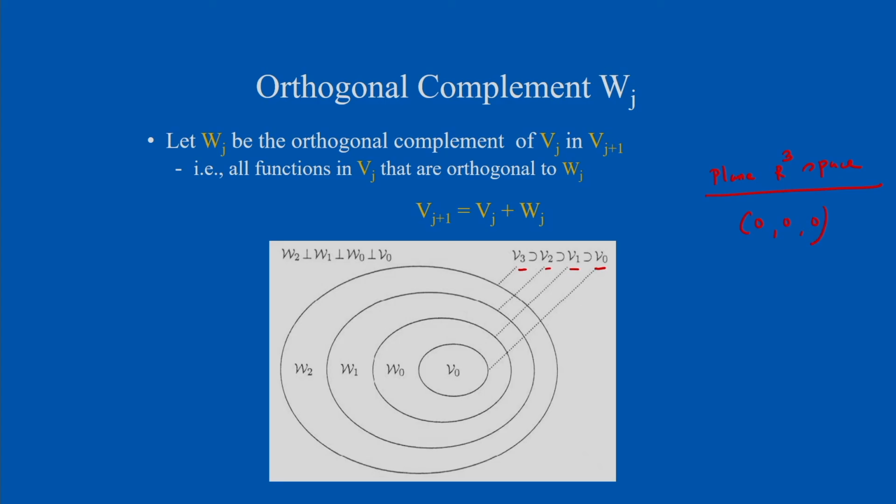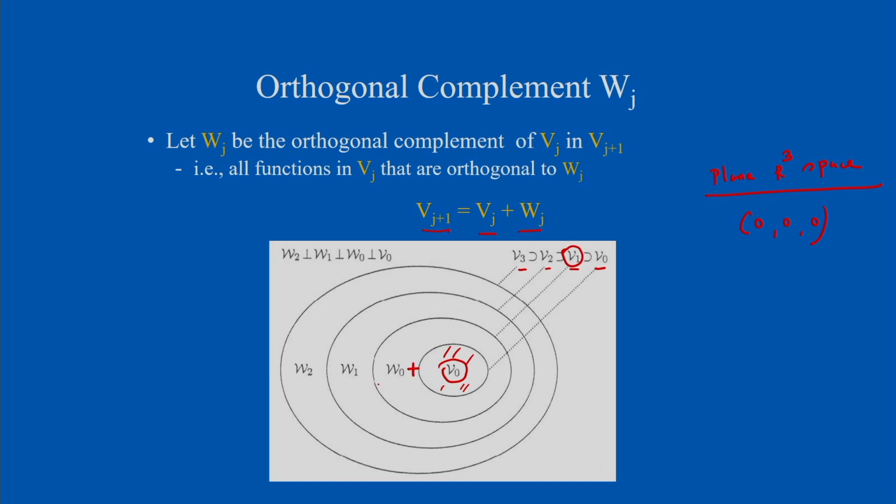So in this case, how to determine Vj plus 1? You can see Vj plus 1 is the bigger set as compared to Vj. So if I consider Vj plus Wj, where Wj is nothing but the difference I am considering, then adding Vj plus Wj, I will be getting Vj plus 1. So here in this figure you can see, if I consider V naught as a set, and the difference is W naught, if I add V naught plus W naught, I will be getting V1.